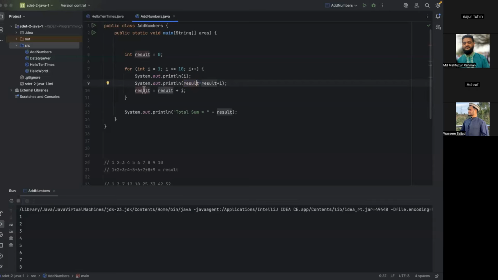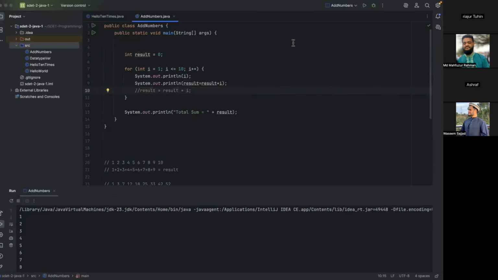Now you come here. The same thing is happening here. Your result is 1 here, and it is adding another 1, so your result becomes 2. It is invalid, right? Because you don't want to add 1 to 1. You want to add 2 to 1. In that case, you have to